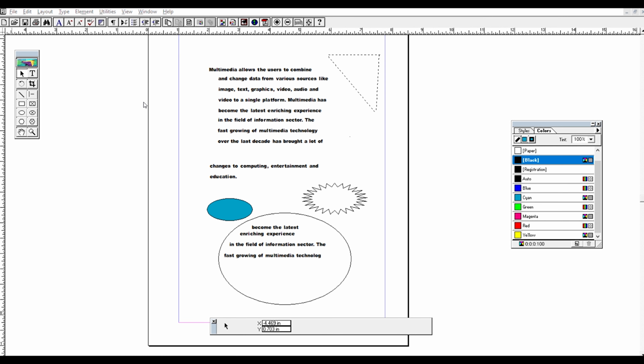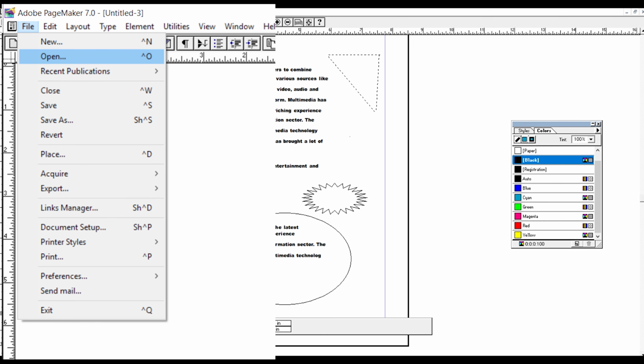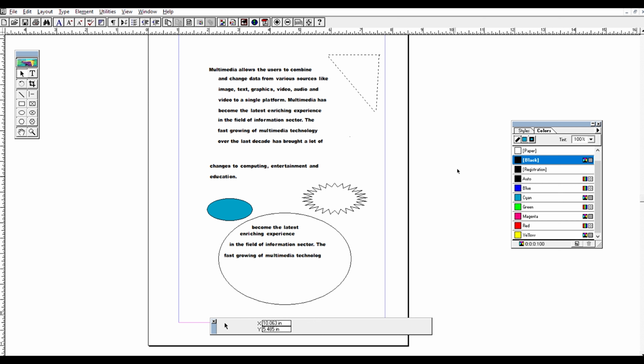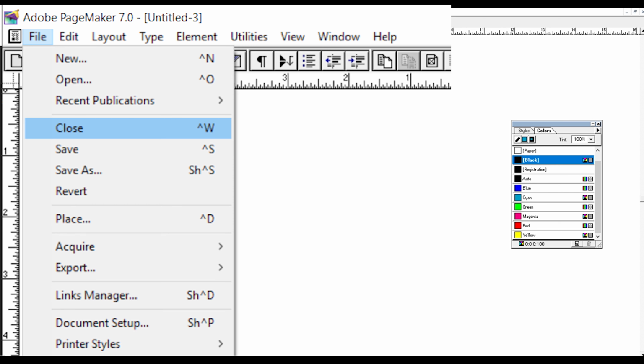Understood? And if you want to open this, go to File, Open and select the name in which you have saved. Page 1, right? And give Open. That page will be opened. Clear? This is all about saving. And how will you close it? Go to File and Close, or the shortcut for it is Control W. That is given here itself, Control W. For saving also we have a shortcut. You all know it, right? Control plus S. You have to press the Control key and S key together so that you can save it using the keyboard itself. Understood?